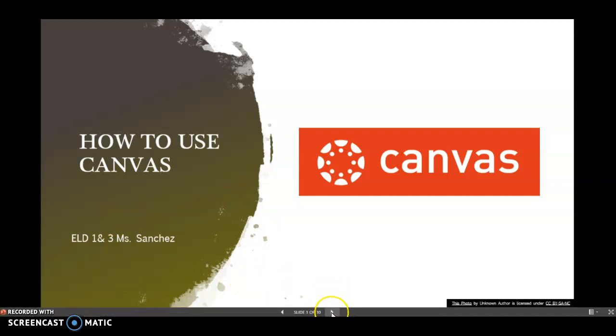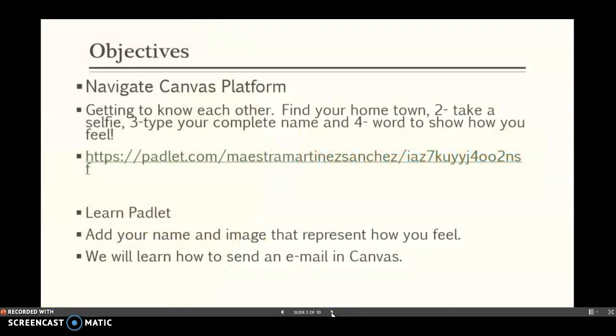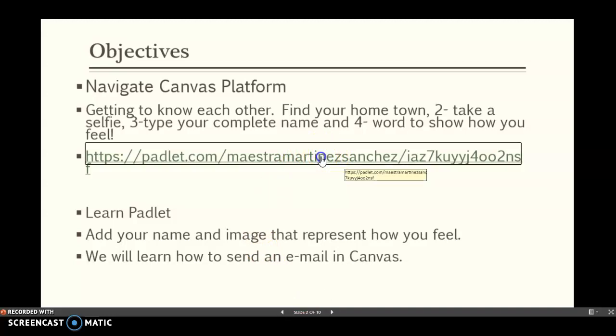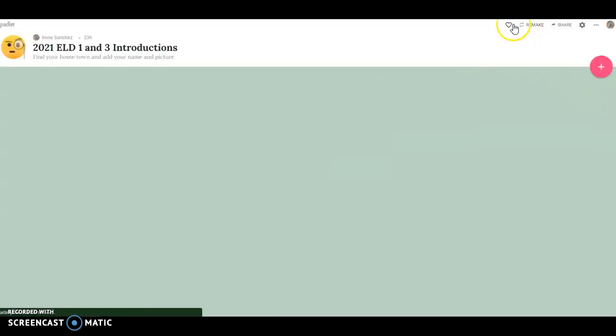Now, one of the things that we did on Tuesday was introduce ourselves and where we're from. So if you have not gone to the Padlet to put in your hometown, your name, and your picture, I need you to do that here. You just click on this link. It will take you to a Padlet. Once you're in the Padlet, you're going to have a background,